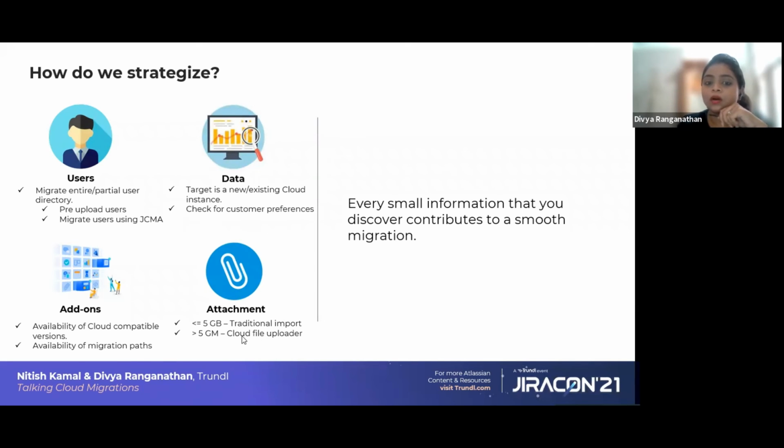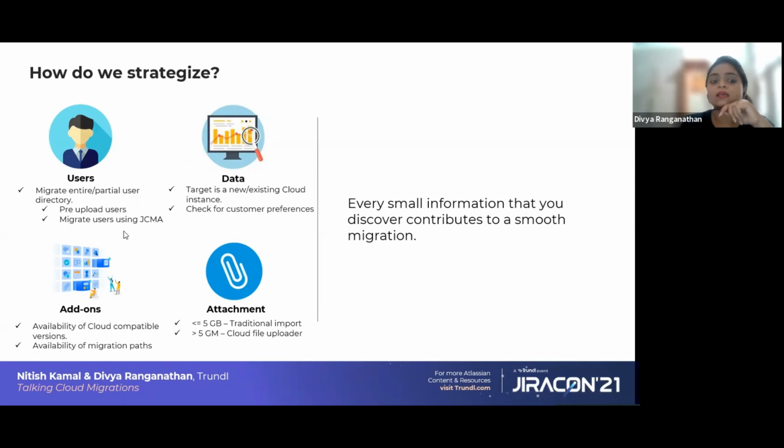There is a new feature that Atlassian is providing our customers, the cloud file uploader, with which you can directly import a data folder greater than 5 GB. If the data folder is less than 5 GB, we will be able to migrate traditionally. Traditionally, in the sense, we'll be splitting your 5 GB file into chunks of 2 GB or 1 GB, and then